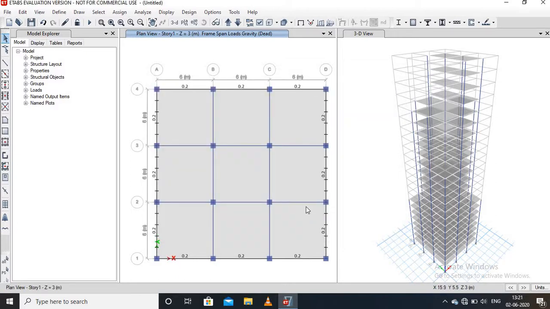Therefore, a load of 0.2 kilonewton per meter is applied on all exterior walls of story 1 to story number 8. You can see in the display.